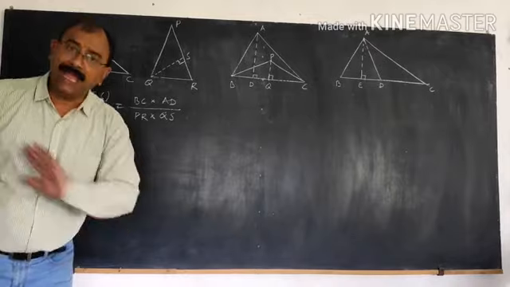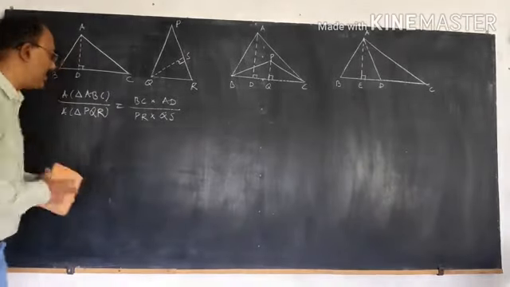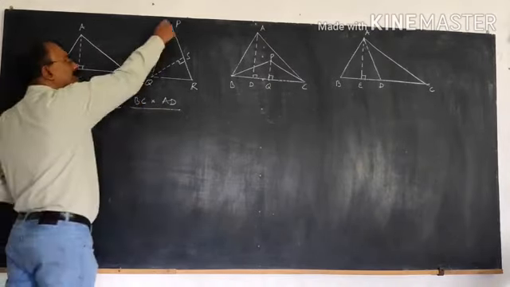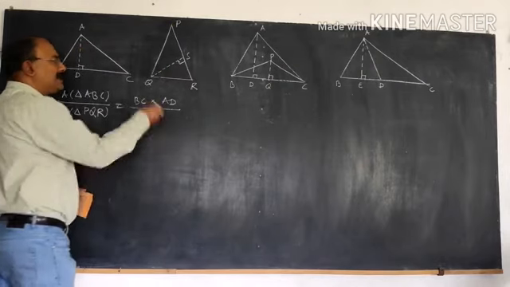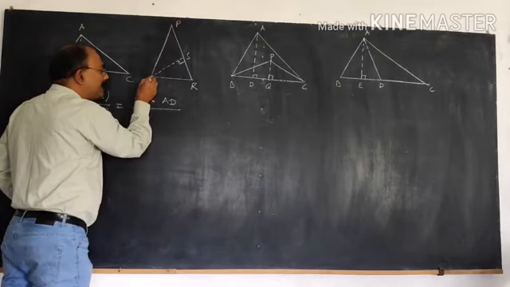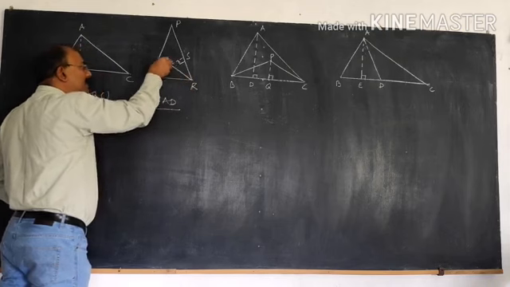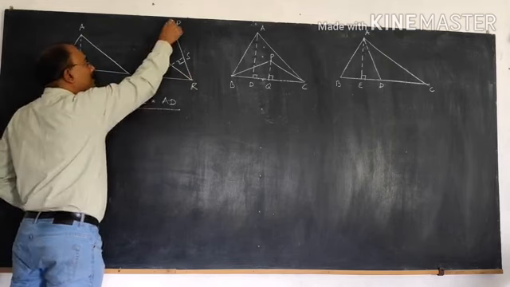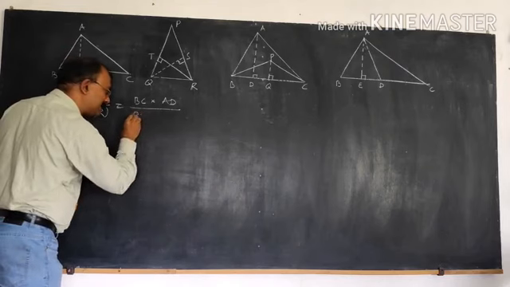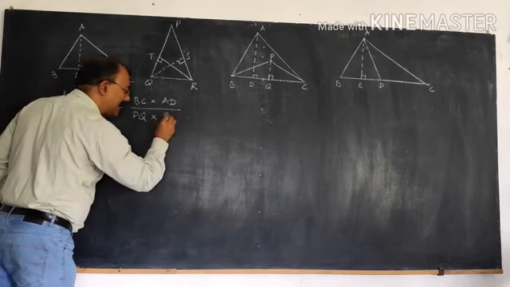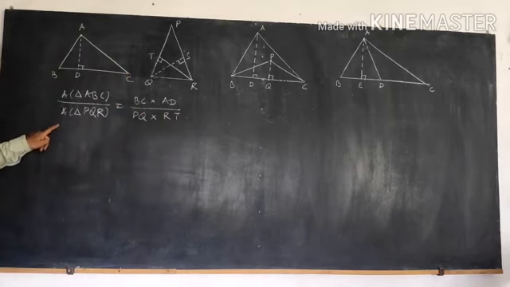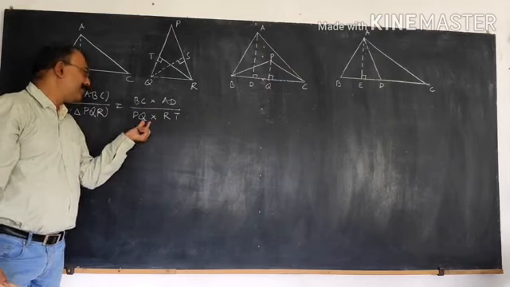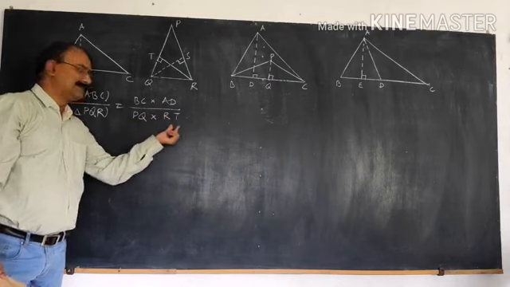You can take any side as the base. You are free to change this equation. You can change, let us say, the denominator, because here you had taken PR as the base, but if you want, you can change. You can take PQ as the base, but in that case the height will be this segment. Let us name this segment as RT. So if you take PQ as the base, so this is the base and height will be RT. So ratio of areas is equal to the ratio of products of base and corresponding heights.